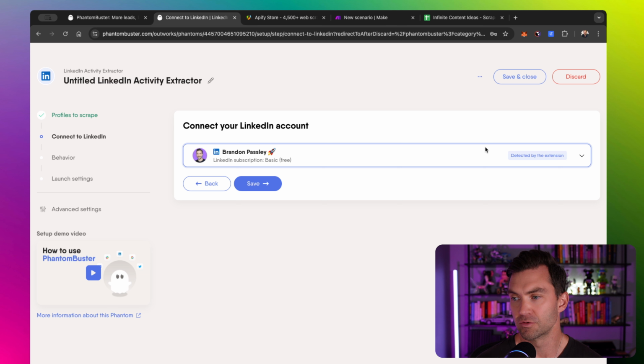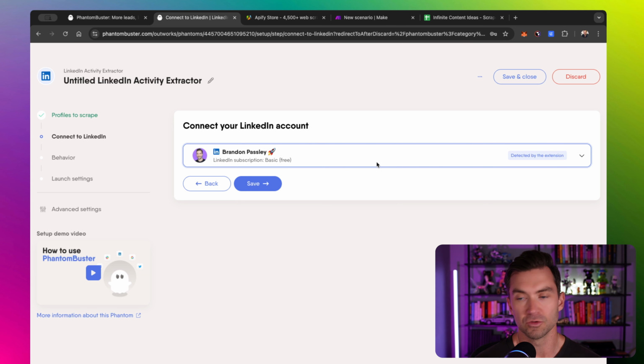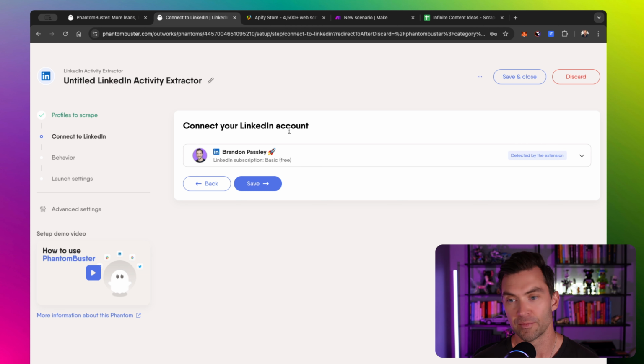If this wasn't here, it would say install the Chrome extension. So you just install the Chrome extension, make sure you're logged in, and then this pops up and it automatically connects you to LinkedIn. Now, keep in mind, this is an actual scraping tool. This will pretend to be you from a server. It actually spins up a headless browser pretty much. And in the background on the PhantomBuster servers will actually go and interact with LinkedIn as if you were doing